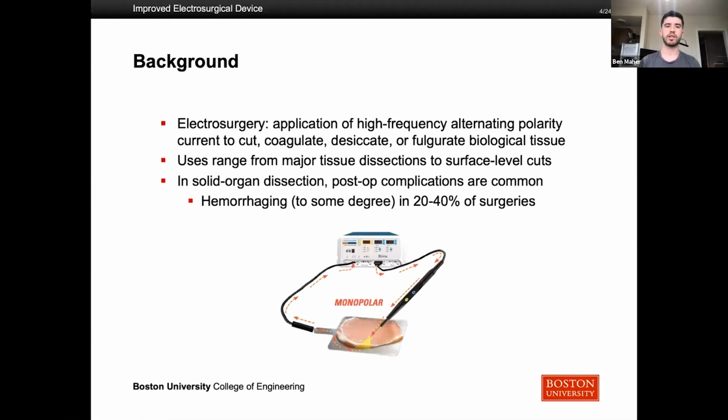So just to give a little bit of background on what electrosurgery is, it is the application of high frequency alternating current to cut, coagulate, desiccate, or fulgurate biological tissue. And that basically means that a metal rod is electrified to get really, really hot and heat up bodily tissue so that it can actually melt it at a really low level, which leads to these different applications. It can be used for major tissue dissections or to just surface level cuts with warts and other